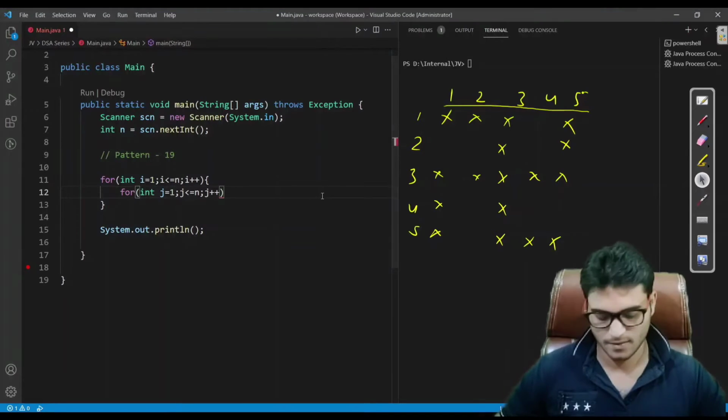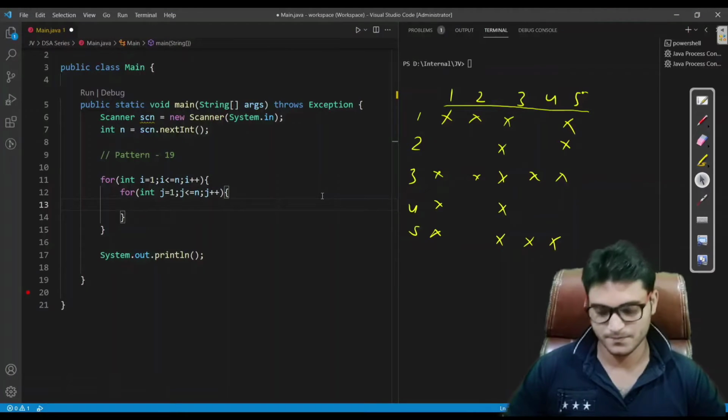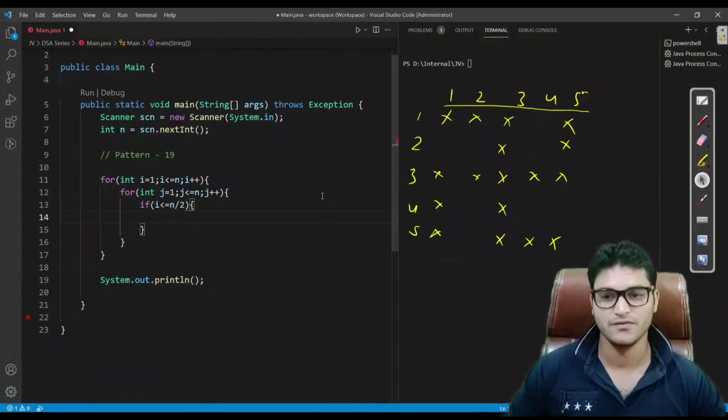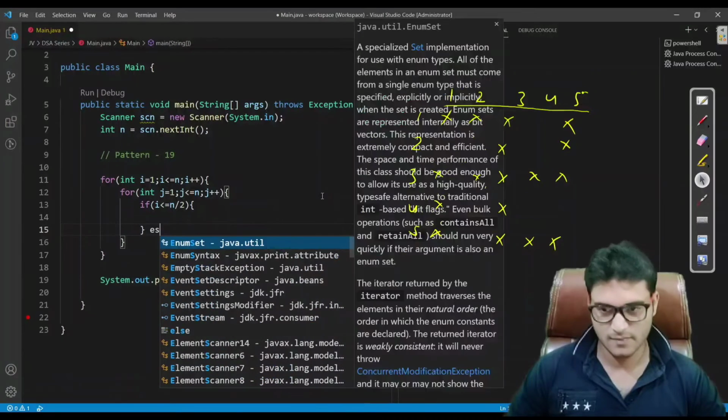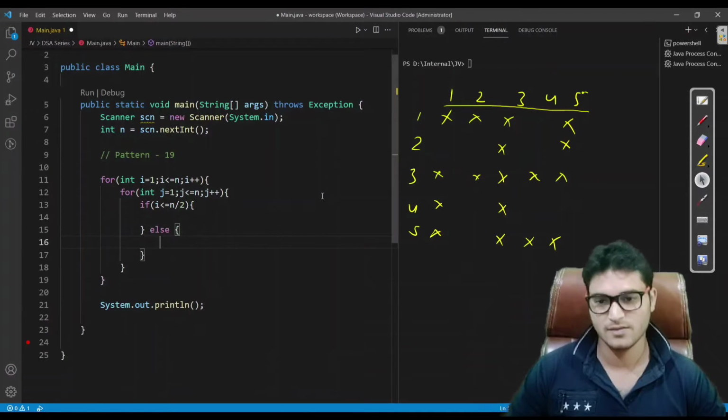Fine. Now what we have to do, if we are in the first half of the row section, how will we check this? If i is less than or equal to n by 2, that means we are in the first half, and this is the second half.